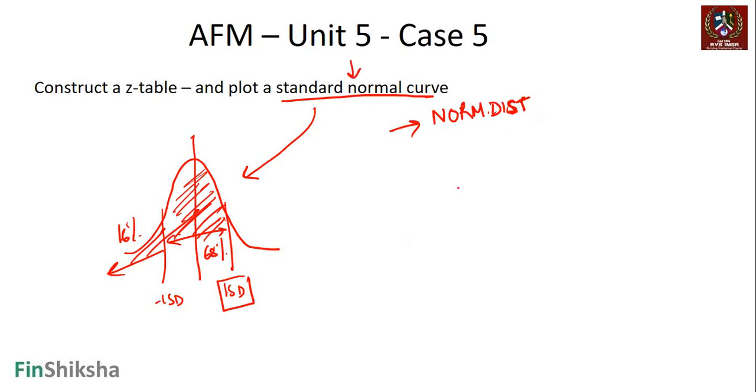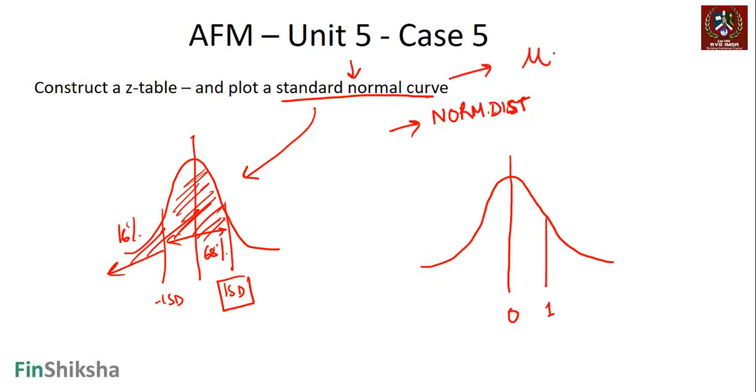What is a standard normal curve? When you look at a standard normal curve, typically your mean is made 0 and your standard deviation is converted to 1. So for a standard normal curve, your mean, mu, is 0 and sigma is 1, right? You can convert any normal curve into a standard normal curve. If you remember in statistics, you would have studied how to create a Z value. The Z value for any function can be created by x minus mu divided by sigma, right?